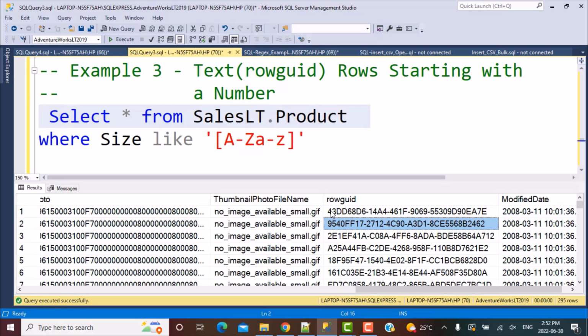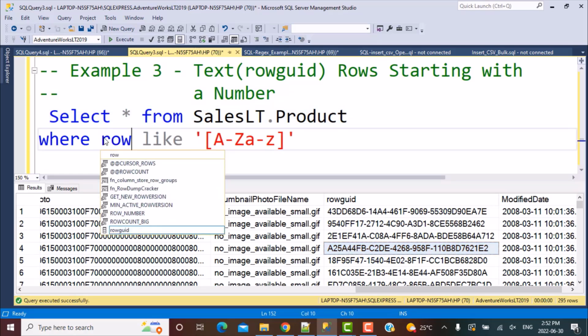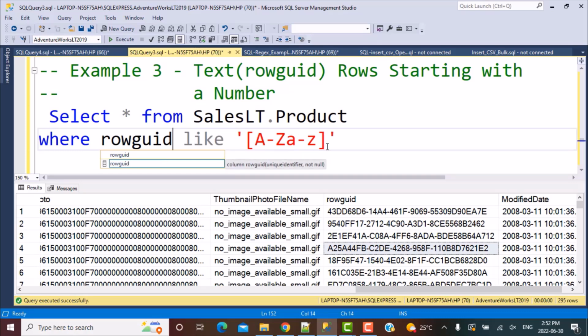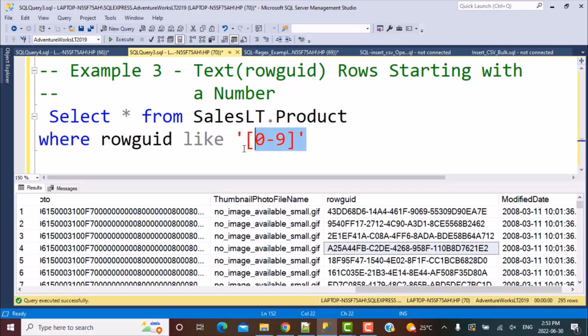Now you can see in the first few rows, the first character is a number like 4, 9, but in this row you will see that the first character is an alphabet. So we want to filter out all these records where the first character is an alphabet. So we only want those characters to be number. So what you need to do in this query is simply first change the column name to row GUID, and we are saying it has to be a number. So for number, again I am going to define the range, which is going to be 0 to 9. Those are the only digits which a number can have. So if you execute this query,